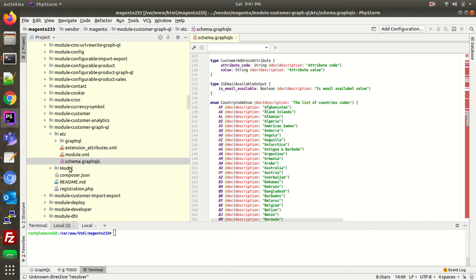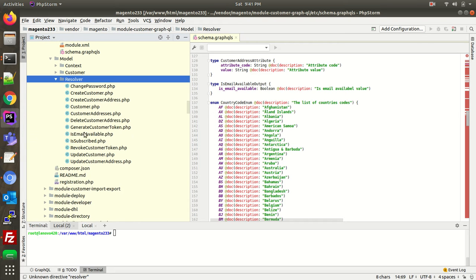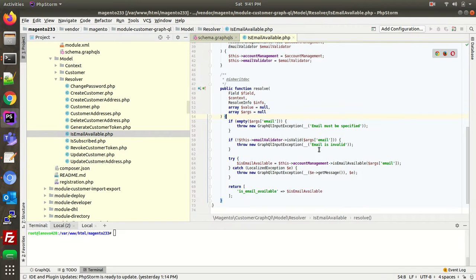And if I go to the resolver, yeah, this is the resolver. So let's see, if I go to the is email available, see the logic, it's not implemented here. It is actually implemented in this particular file called account management. It goes from the resolver to the account management, does all sorts of operations, then comes back over here, then it gives you the output. Okay, so we are not going to write all the logic in the resolver. The resolver basically takes the input, does the operations, gives you the output. That's it, nothing more than that.